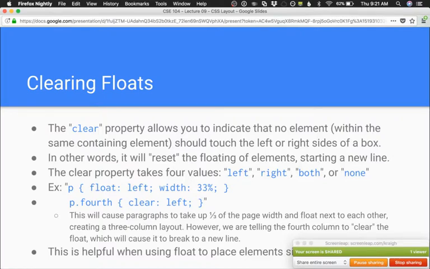it. There's also a clear property, which allows you to indicate that no element within the same containing element should touch the left or right sides of a box. So basically, it's clearing the float. So you've got a floated element, which would allow stuff to flow around it. But if you say clear, so clear left or clear right, it will say, okay, don't let anything touch the right side of this element. So clear the float on the right side of it. Or you can do both to say,